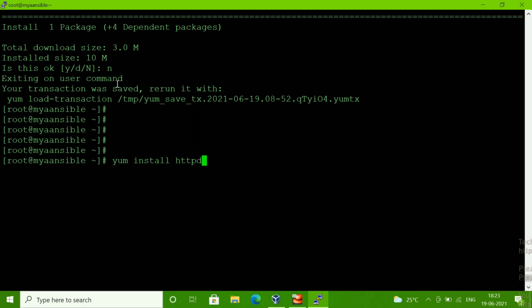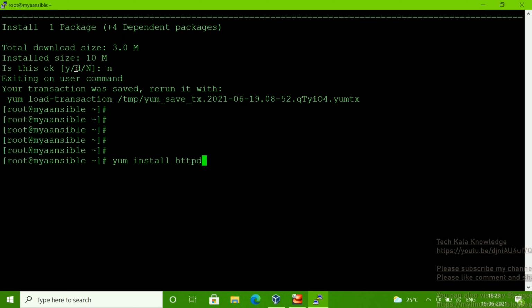Suppose you have a script, and in that script you are going to install a package. You don't want any manual intervention, so once you run the script, there is no need to give Y here. Once you run the script, the package will be installed automatically.